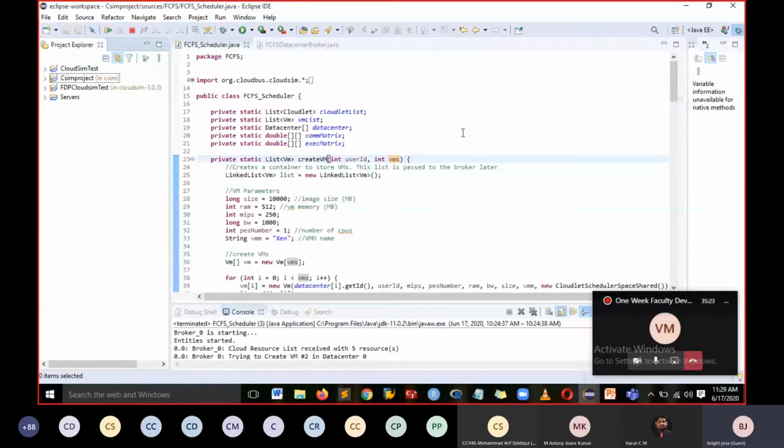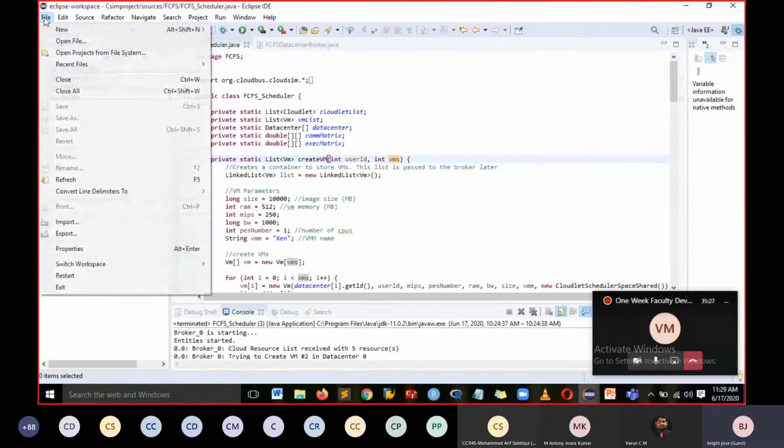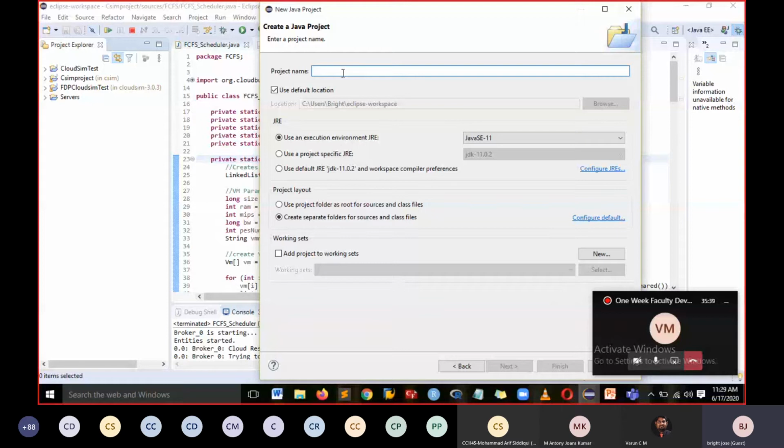I'm just showing the first way. First, go to File and choose New Project, select Next, and give your project name. Now I am giving a test